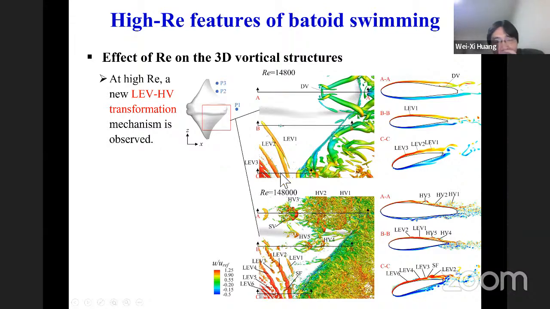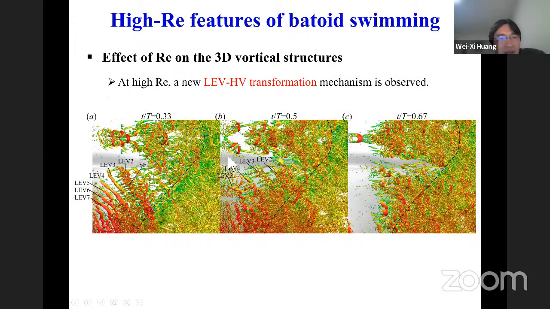But at a higher Reynolds number, the leading edge vortex becomes destabilized, and after shedding from the body, it becomes more complicated vortical structures. And we can see in more detail, at different times during a flapping period,